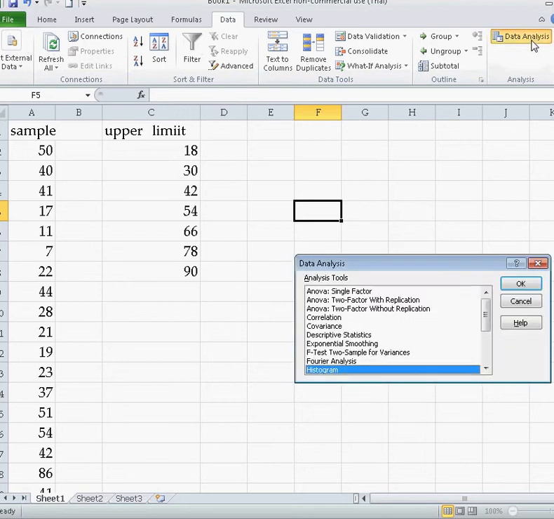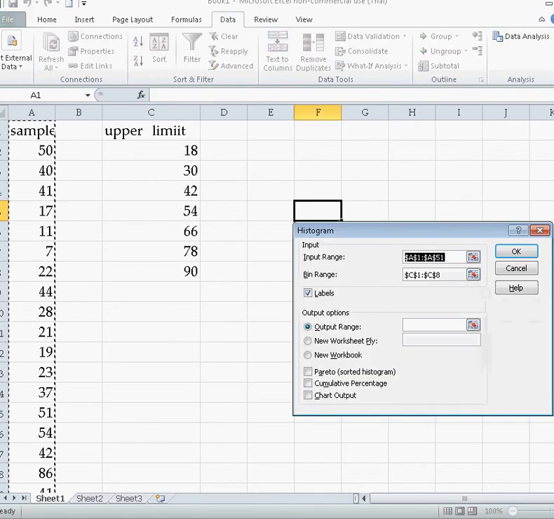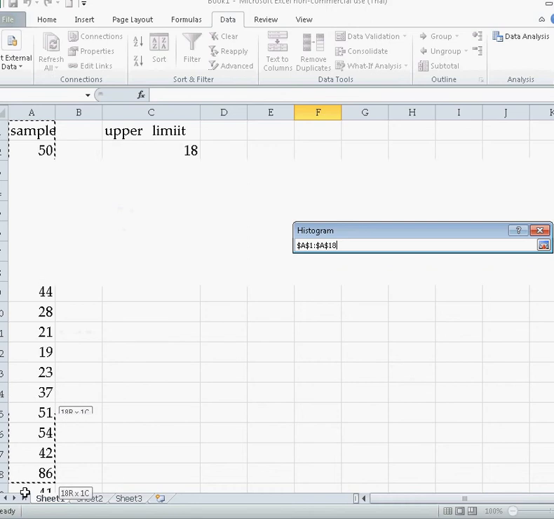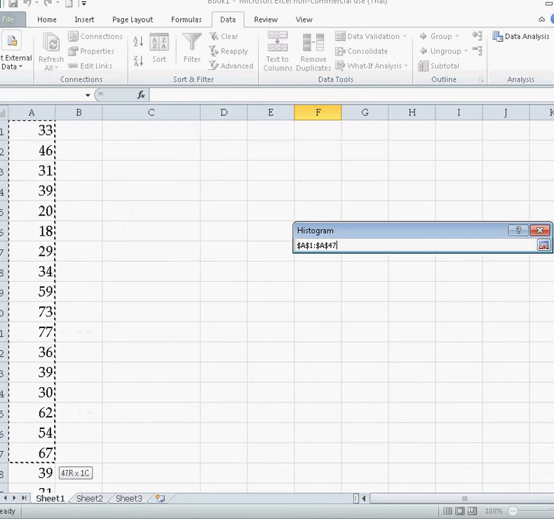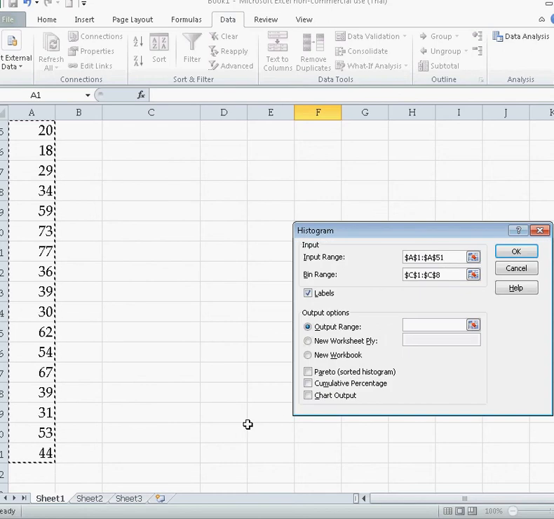First thing you got to do is click on Analysis ToolPak, and it gives you a little dialog box here which has all the things you could use it for. Now go ahead and click on Histogram, since you're going to be creating a histogram graph. Alright, so you click on OK. Now you want to get the input range. The input range will be all the samples, and it looked like it already selected it for you, but let's go ahead and still select it. You start from here and go all the way to 44,